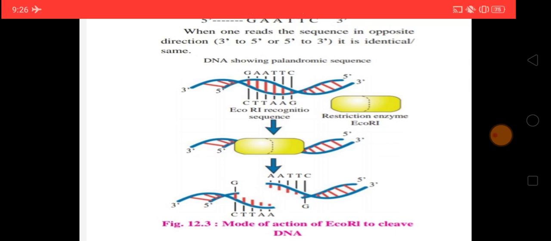Restriction enzymes either cut straight across the DNA in the region of the palindrome to give a blunt end, or cut producing short single-stranded projections at each end of the DNA to produce a sticky end or staggered end. So EcoRI recognizes the palindrome, that is the same sequence. One strand is the mirror image of the other strand, and it cuts with formation of a sticky end.